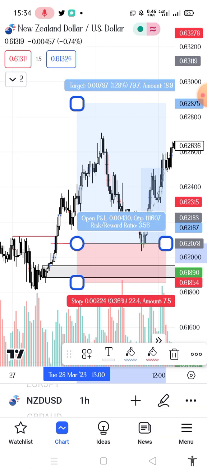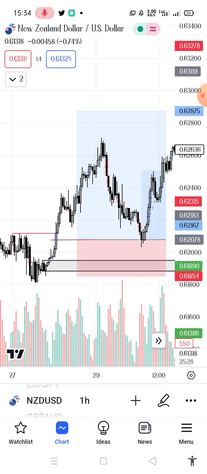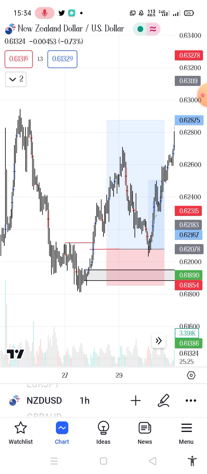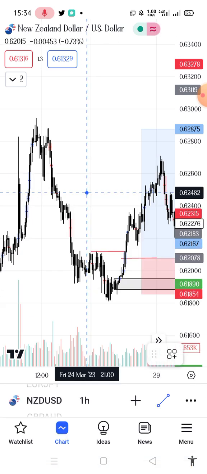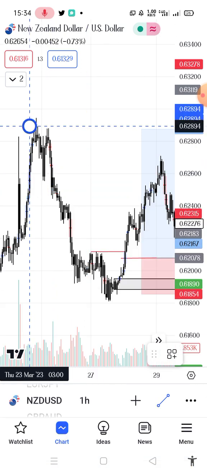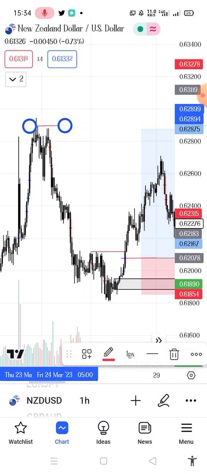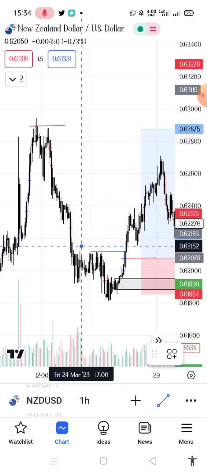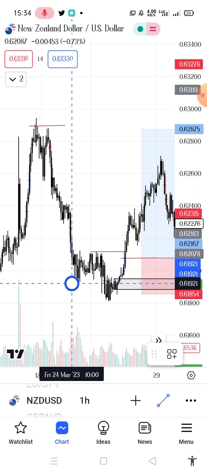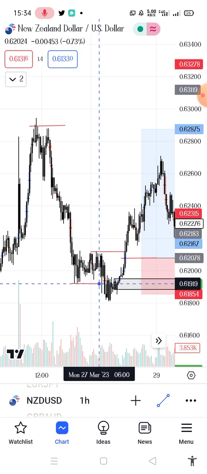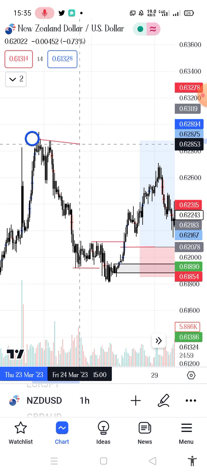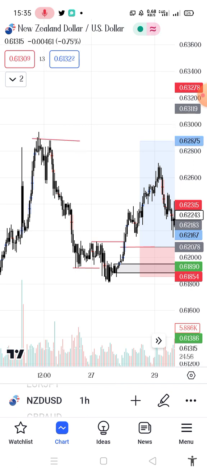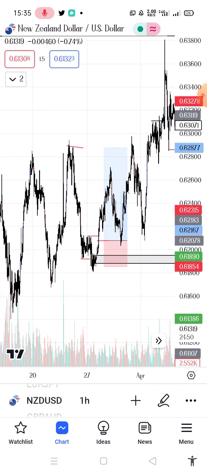Now, how do you target where you want to take profit from? You target what we call liquidity. Liquidity is found in highs. Ensure you repeat this video if you are hearing this for the first time. And lows, old highs and old lows, right? So this point here is our liquidity. So our take profit will be around this place. All right. So you can see when it came here, when it got to this place,